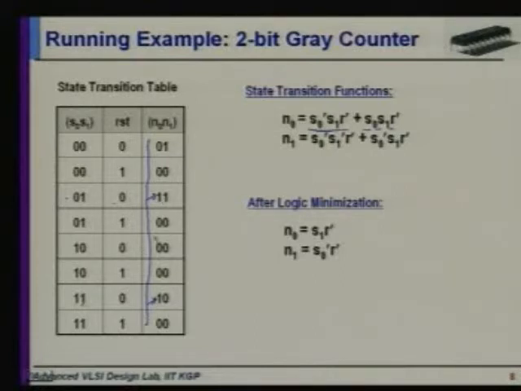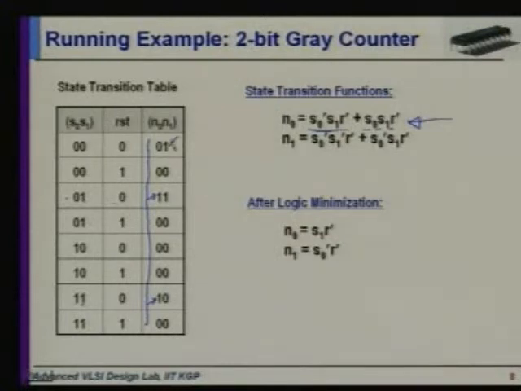Only under these two cases does this bit of the next state become 1. So this is one of the state transition functions, which tells us what the state bit 0 is going to look like in the next state. And then similarly we do the same thing for the state bit 1,